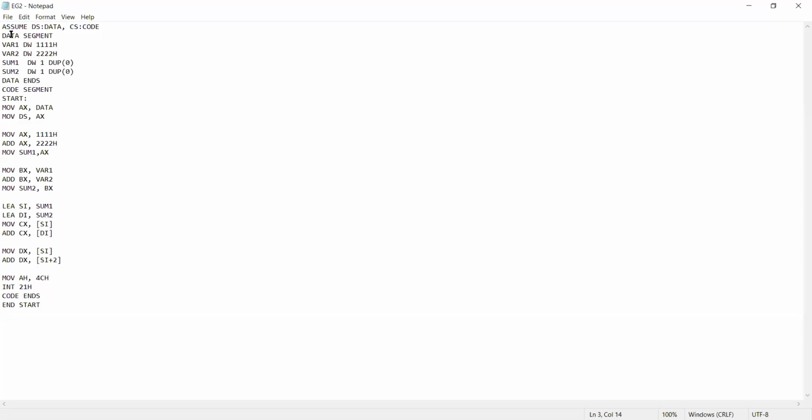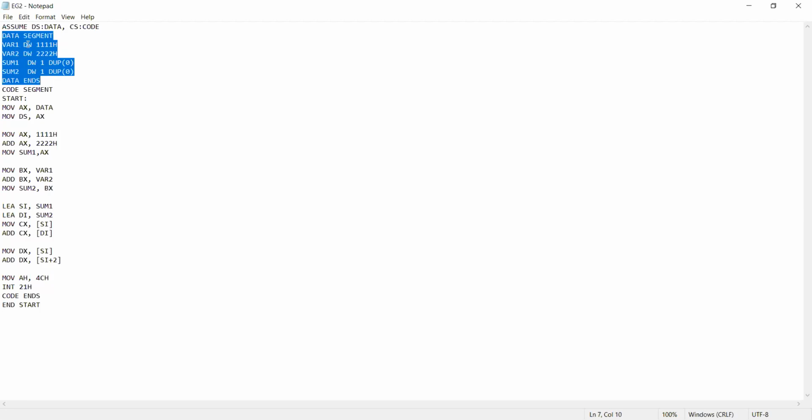When we look at this data segment, here we declared a few variables, var1, that is variable 1. The width of that variable is given by dw, which stands for define word, db stands for define byte, dd stands for define double word. Those are assembler directives.